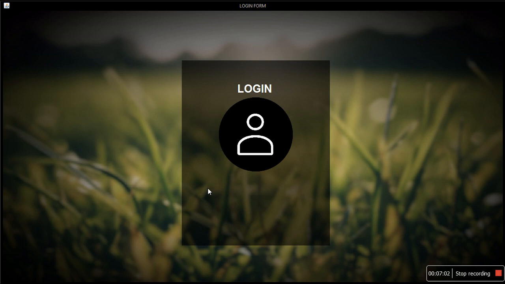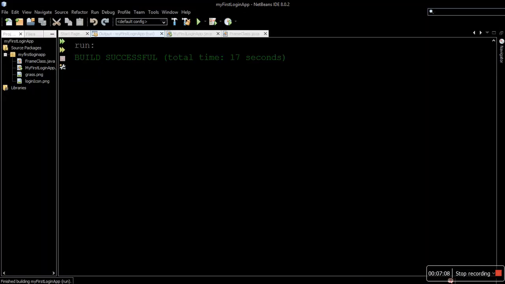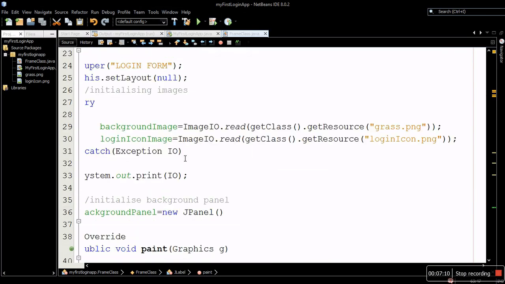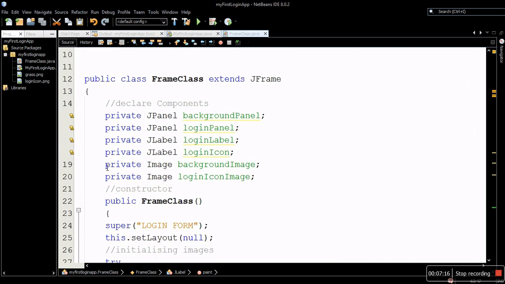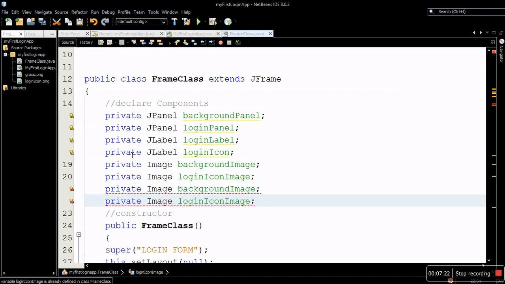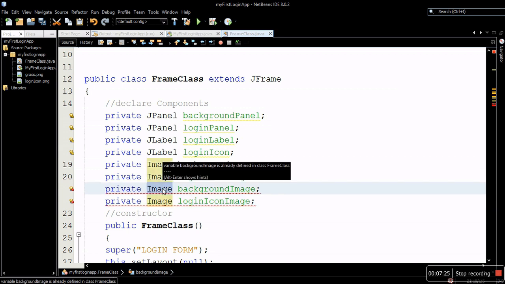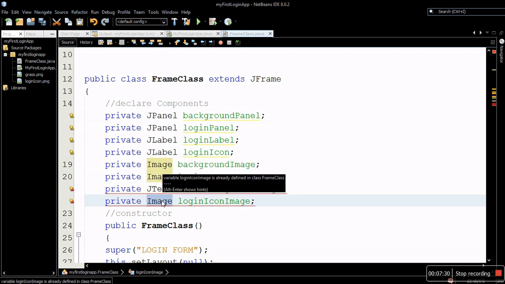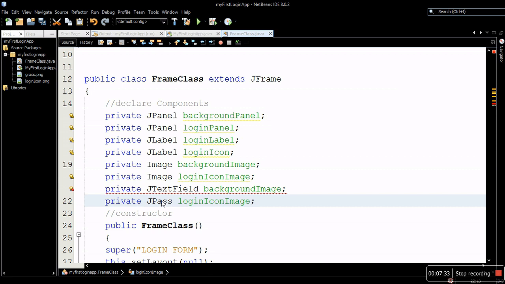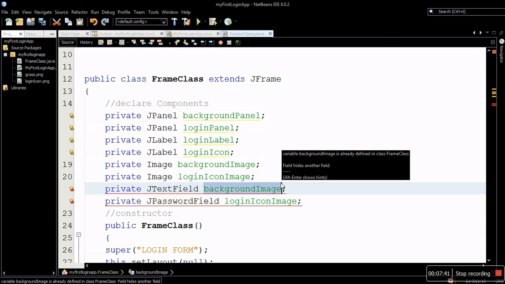So now we need 2 text fields for username and password. So let's go back to our class and declare 2 more components. What I'm gonna do is just copy that, save time and energy, copy and paste, and change this from image to JTextField, change this to JPasswordField. Now I change this name to username,